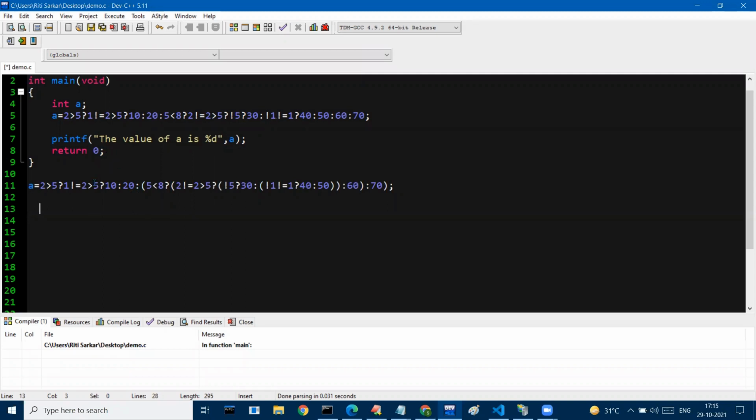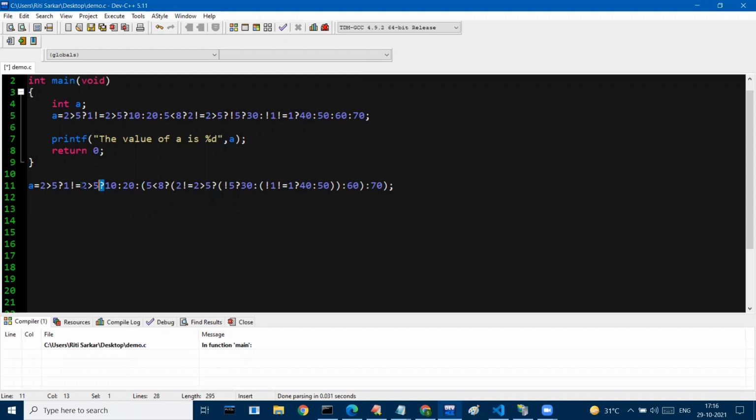If you see here, still we are having one asking sign, another asking sign is left. Now, for this asking sign, who is the expression 1 and who is the expression 2 and who is the expression 3? That is what we have to decide, right? That is what I have to define.